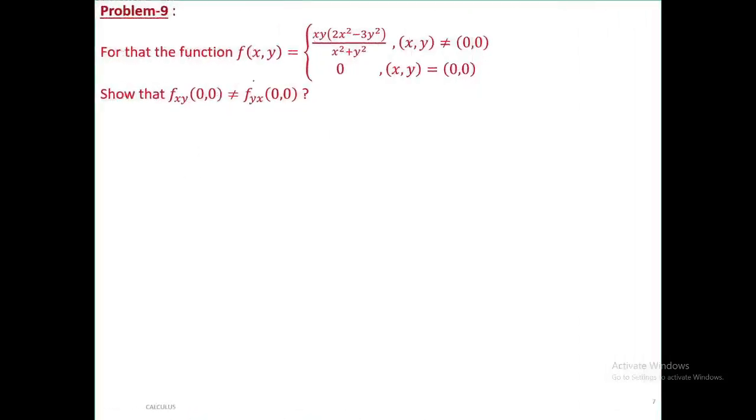For the function f of x comma y equals x y into (2x square minus 3y square) upon (x square plus y square), it is defined when (x, y) is not equal to origin, and whenever (x, y) is equal to (0, 0), the function value is 0. Show that the second order partial derivatives at origin are not equal. So this I want to prove by using